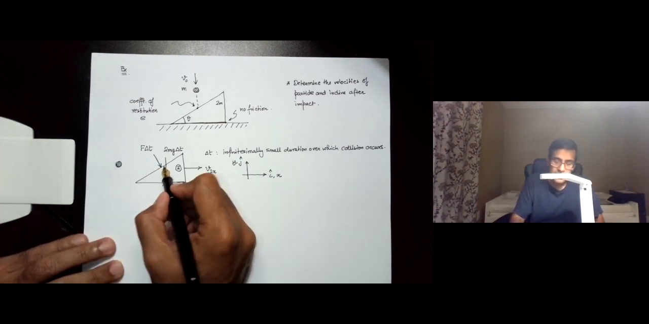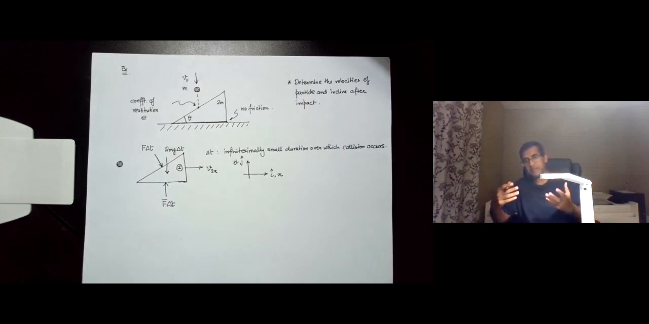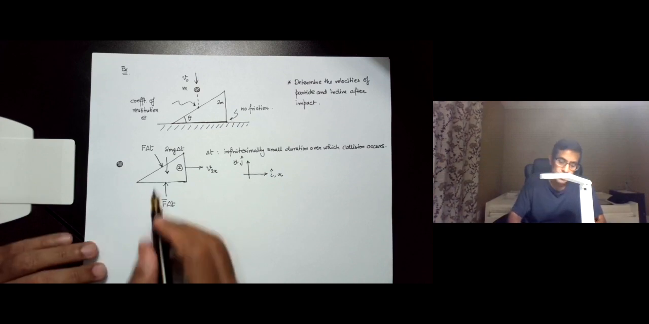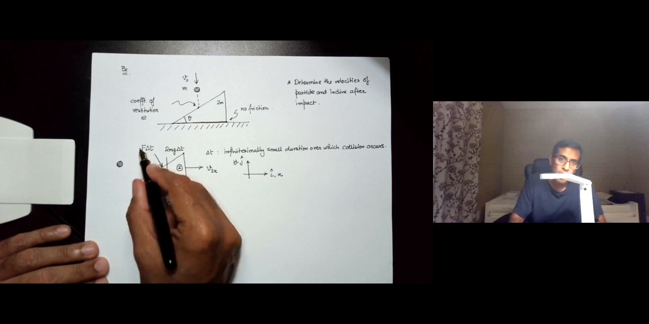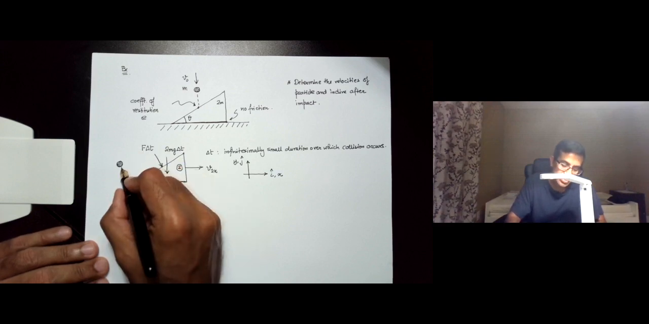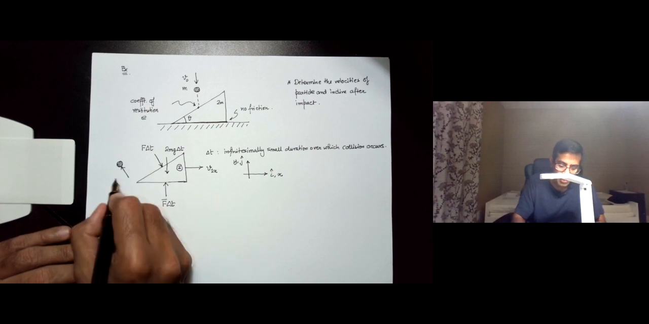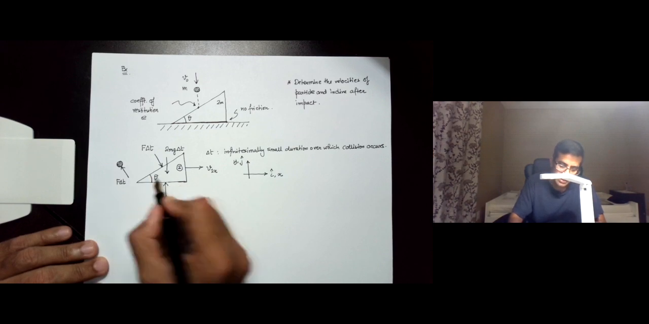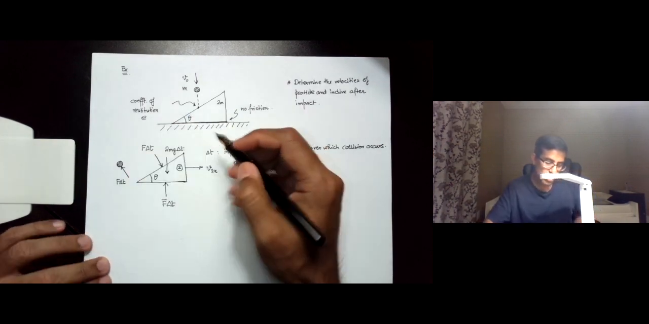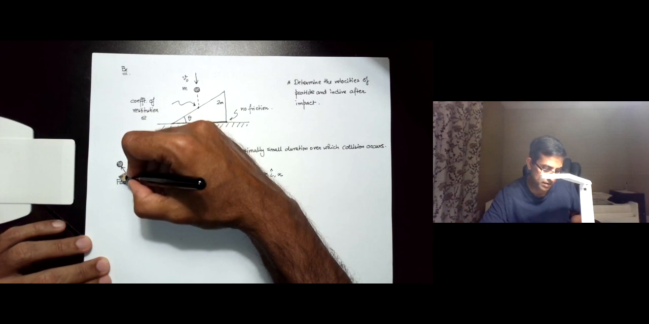When the particle collides, over this infinitesimally small duration over which the collision happens, there is going to be an equal and opposite impulse exchanged between the particle and the incline. So the particle is going to experience f delta t, and this angle is theta. So you can see that